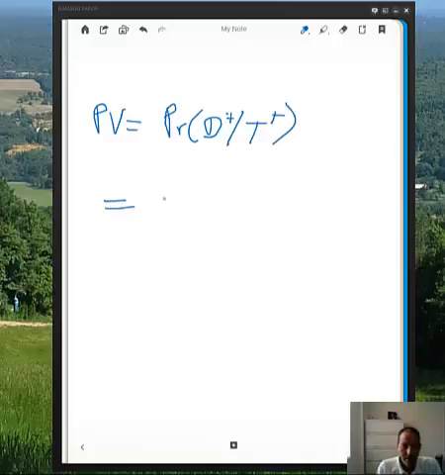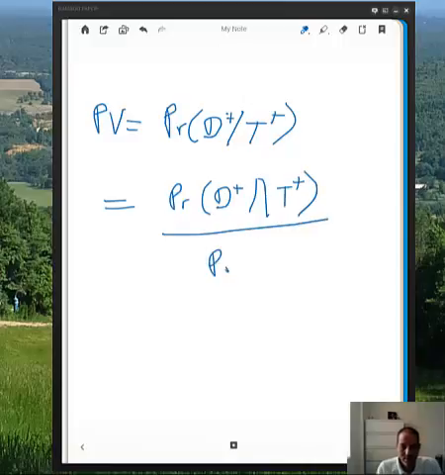And that's the same as here the probability of the intersection between having the disease and testing positive. That's an inverted U. I know it looks ugly, apologize. Divided by the probability of testing positive, right? Okay. And what this equals here is, okay, so we need to get this intersection,